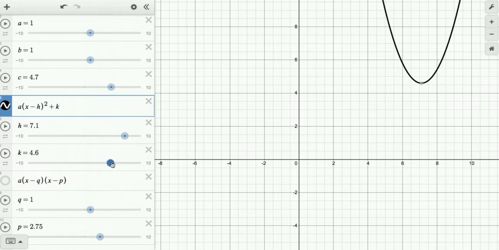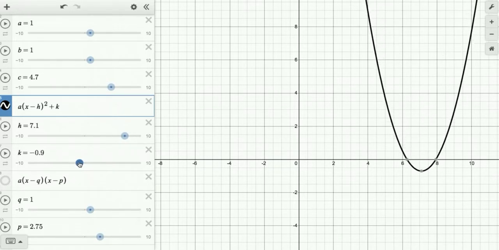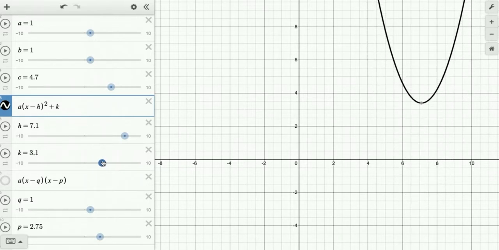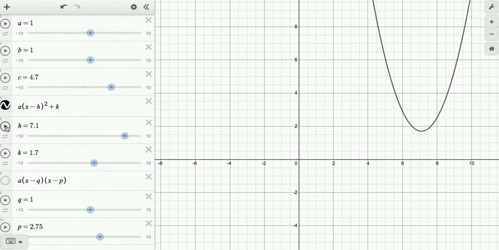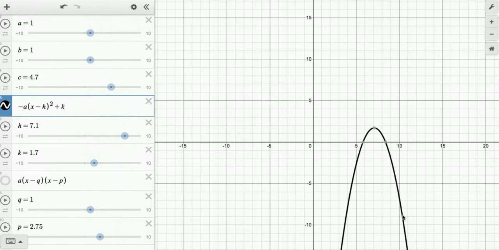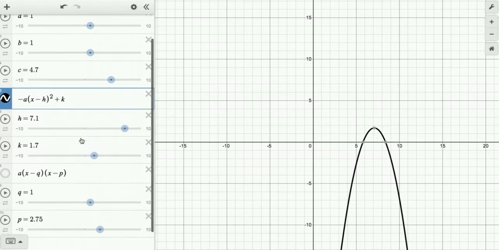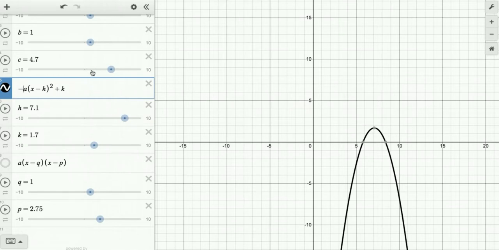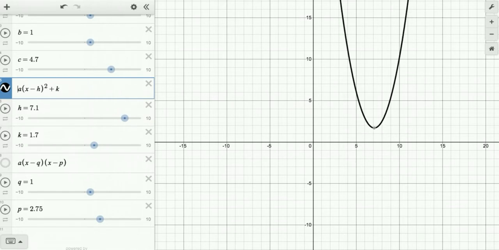So essentially, you can choose where you want your parabola to be, since it's very specific values. So if it's in vertex form, what you know immediately is the point where it's either a maximum or a minimum. So if a is positive, you know it's the minimum point, because it concaves upwards. But let's say a is negative, then it flips. So the highest point, which is the vertex, when a is negative, will now be 7.1 and 1.7. But if a is positive, it's going to be the minimum point. Negative,